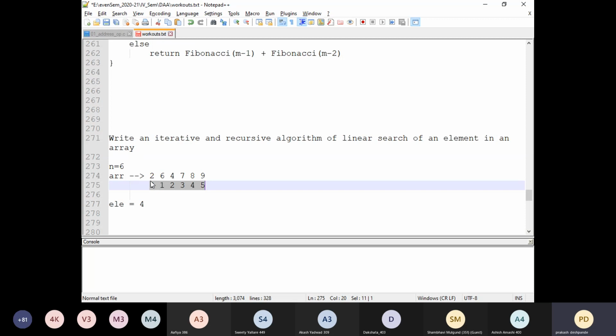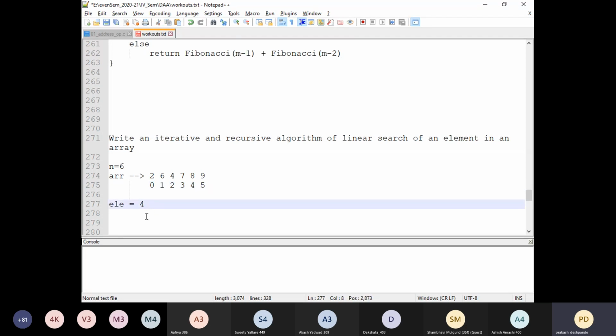We keep on checking whether that particular indexed value is the element we need to search. First, is 2 the search element? If it is true, then we say that the search is successful, and return the position, that is, the index value of that. If it is not, then proceed to check the next indexed value.